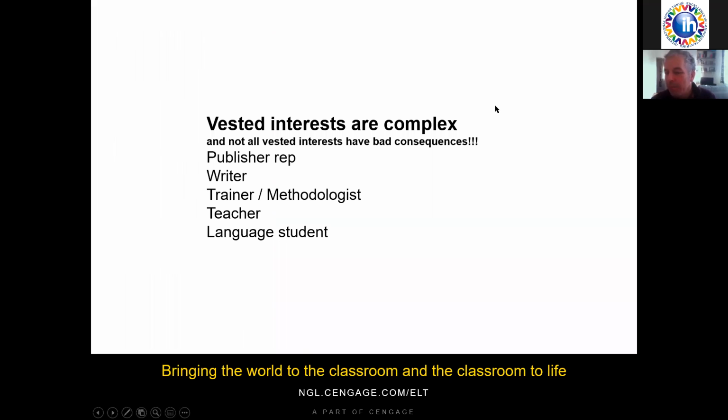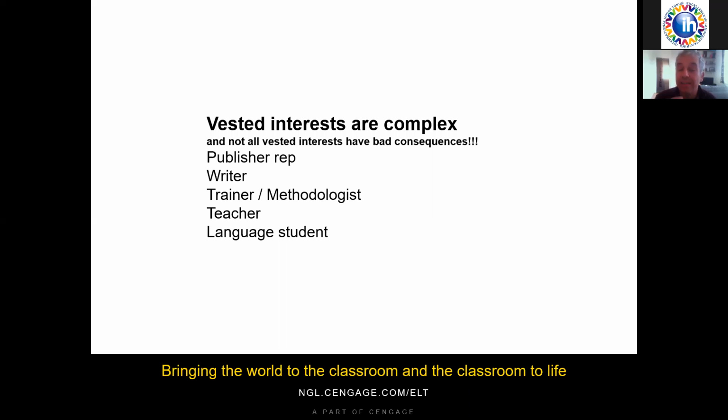Okay, what we have looked at then is seeing how we can use the material which is there in terms of the language, highlighting language, and trying to add something ourselves in terms of questions to draw out issues. Okay, now when we're approaching the idea of critical thinking, and particularly vested interests,